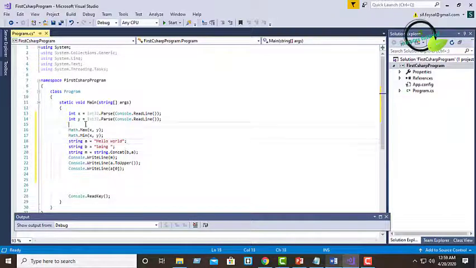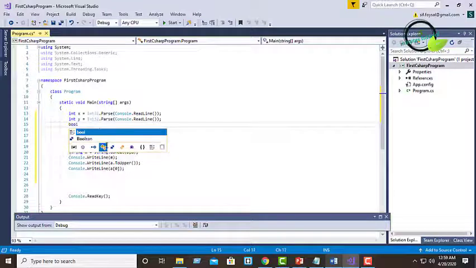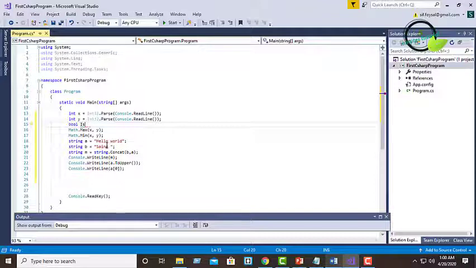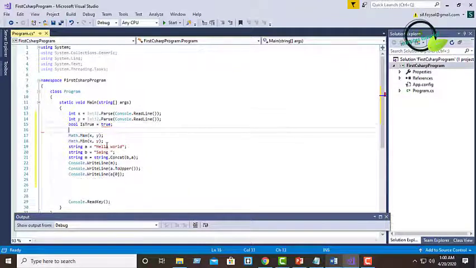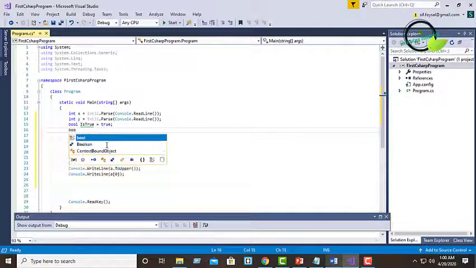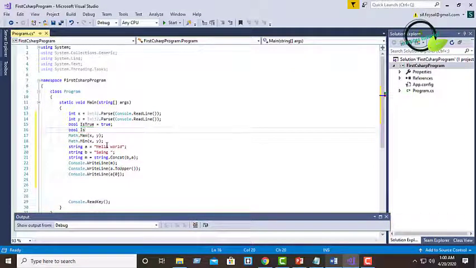So I am here taking a boolean variable, bool isTrue equal to true, bool isFalse equal to false.